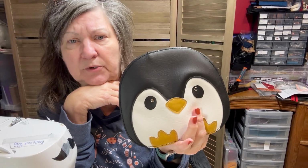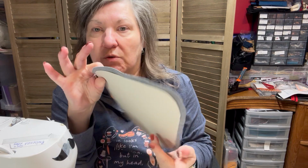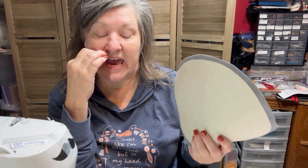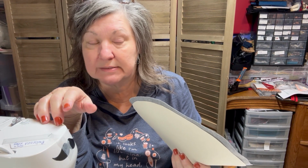But anyway, so that's my little penguin. Working on that one later tonight, as well as my pumpkin faces. Anyways, so the owl, like I said, I'm doing it on the Decoville because the owl has more layers to it, and since I sew on a domestic machine, I've got to be careful of my layers,